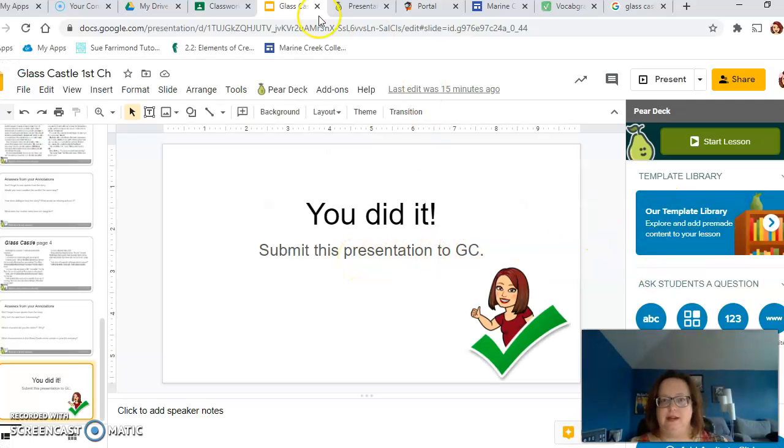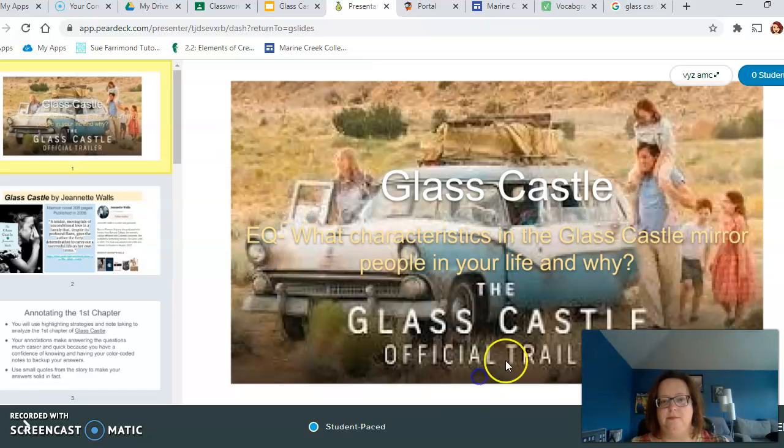Okay, so it is set up as a Pear Deck, as an asynchronous lesson so that you do it at your student pace, not my pace. But you're going to want to get it done by tomorrow. If you have any problems with making it work, Pear Deck is kind of new to all of us, so if for some reason it's not letting you in or anything like that, just let me know. I'll be around, and I will help you out and do any kind of tech search for you to figure out why. But it has been working pretty good for us so far, and it will save your answers, and we'll get to see a little bit of everybody's answers.